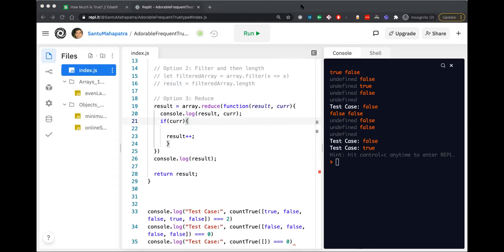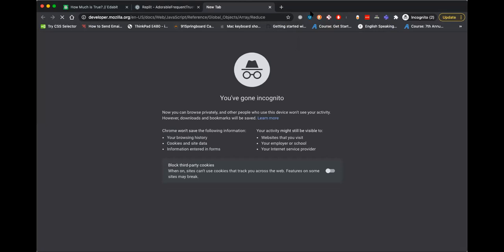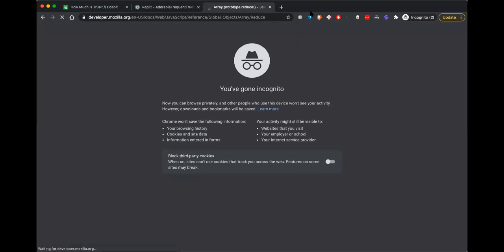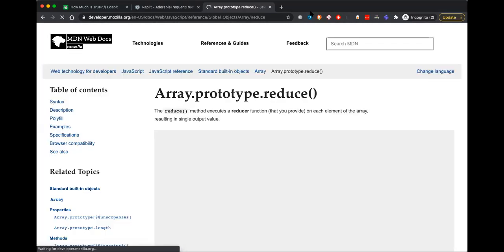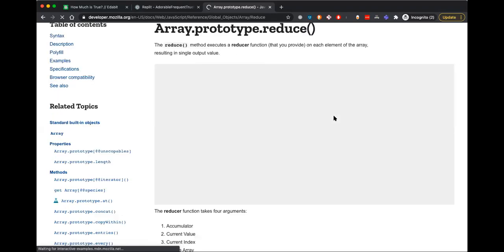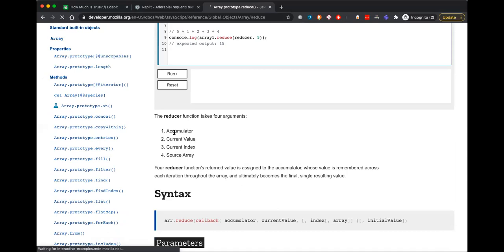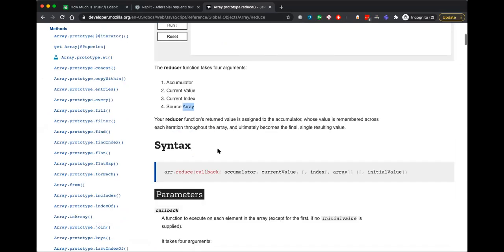So we will reassign the initial value properly and then it should work. So I'm opening the reduce documentation. Accumulator, current value, current index, source array.